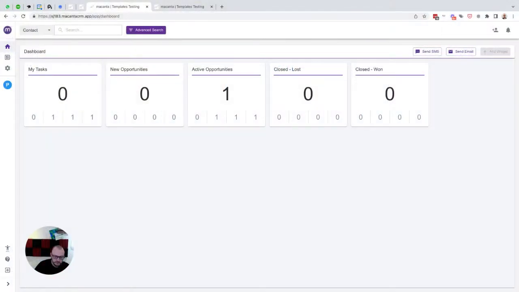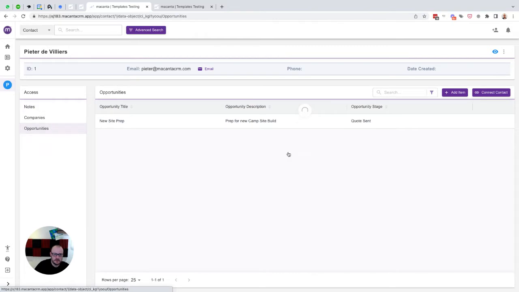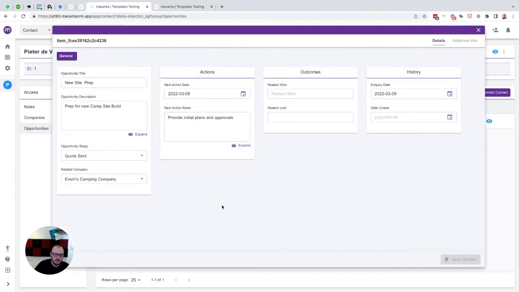Let me share my screen. So the first thing we want to do is set up a scenario here. Let's say we've got this opportunity. I'm going to add an option for the email recipient to accept or deny a quote. We've got here quote sent. I want them to accept or decline the quote. So at the moment we don't have a